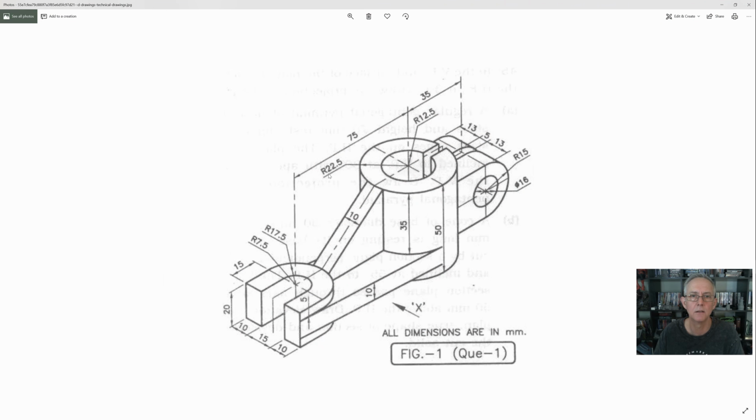Of that cylinder, and 22.5 for the external. The gap cut out here is 5 millimeters, and each piece here is 13 millimeters. Alright, let's go over to Blender,